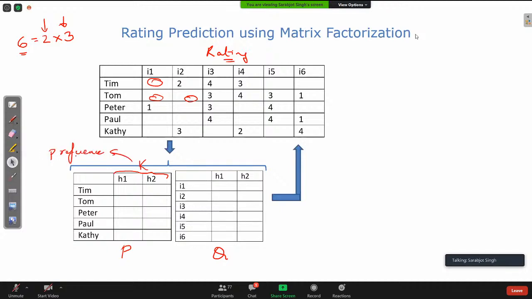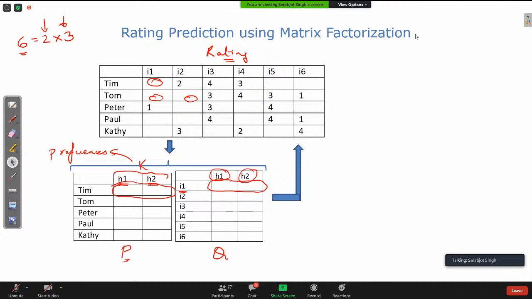That we have talked about, that were in the head of the user that was giving these ratings. And so what we are saying is that P is a lower dimensional representation of Tim's interest in movies, but now the numbers here are telling you how important one preference is over another one. And similarly, Q represents every item in that same lower dimensional space, where the numbers that we put in here are going to represent how good this movie is at satisfying a user that has a preference for H1 or